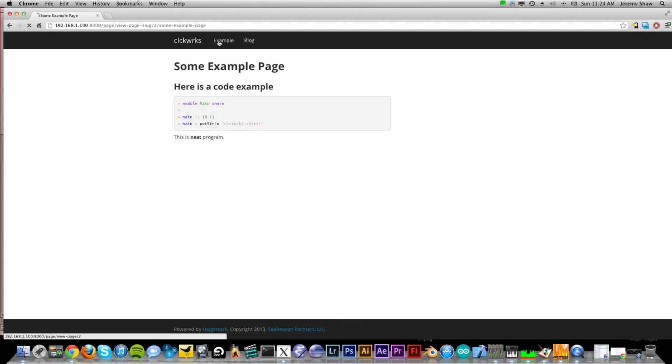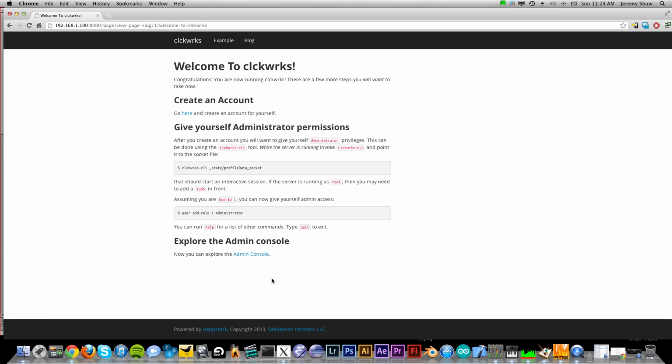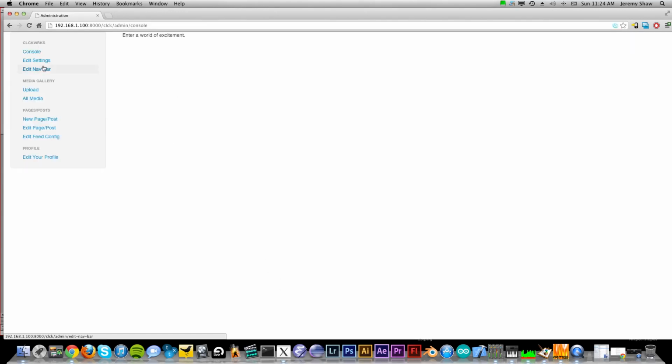So now if we click on example, we have both our code and an image. So I think that's all I wanted to demonstrate today. If you poke around the admin console, you'll note that for the blog, you can change what the blog is called. Under settings, if you're using Google Analytics, you can actually put in your Google Analytics code and get automatic